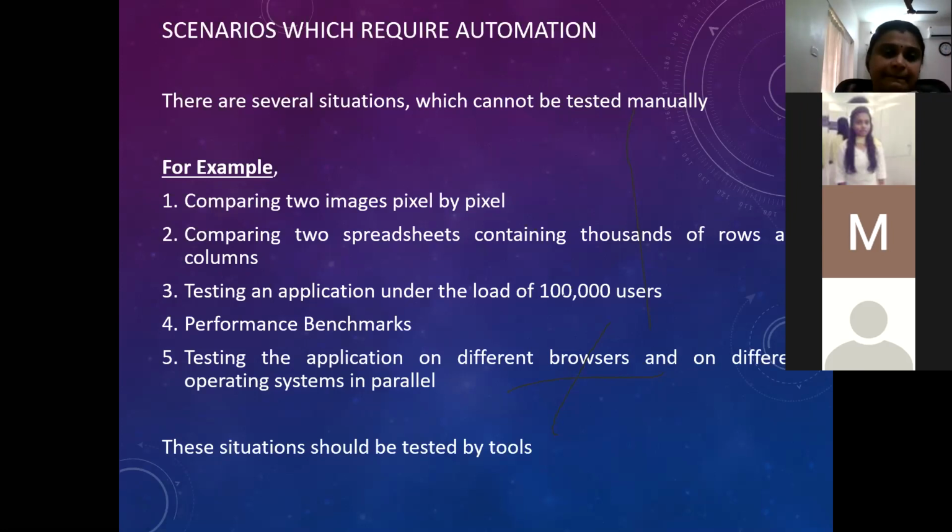Load testing. Let us say you are coming up with a web-based application. Most of the time, you can see sites which have heavy traffic at a particular instant. The latest example is education sites. We have this medical council site where the NEET results were published.